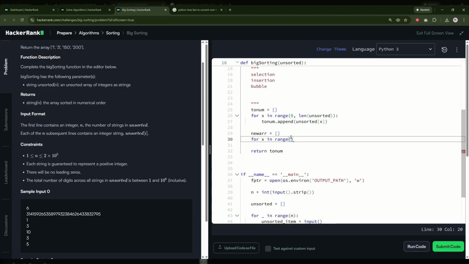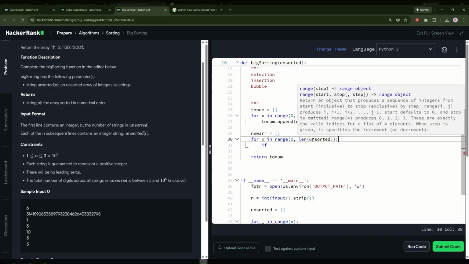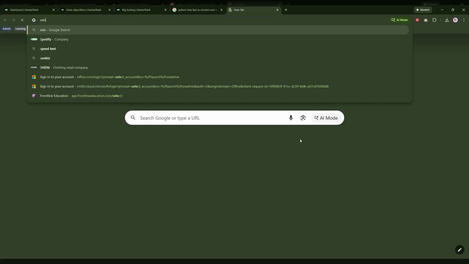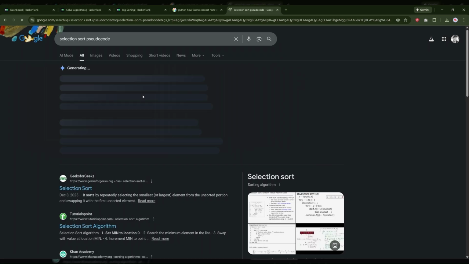All right, let's see how this works. So for x in range 1 inside the length, so for each thing in the array, we're going to find the minimum if